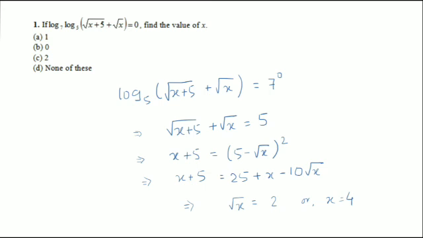Now this is a pretty standard CAT question. If I'm not wrong, this is from CAT 16. As you can see, there is more than one log. Two logs are already given here. So how should I proceed? Firstly, I will remove the logs one by one. The first log, I send the 7 over here, so 7 to the power 0 will give me 1. Now here 5 is left, and I take this 5 to the other side, so 5 to the power 1 will give me 5.